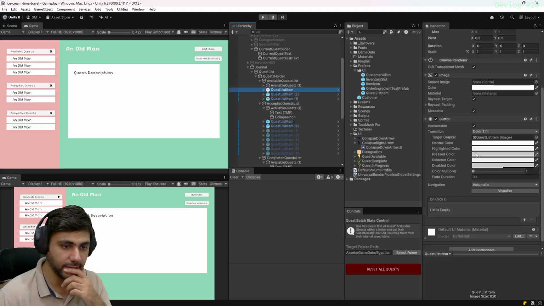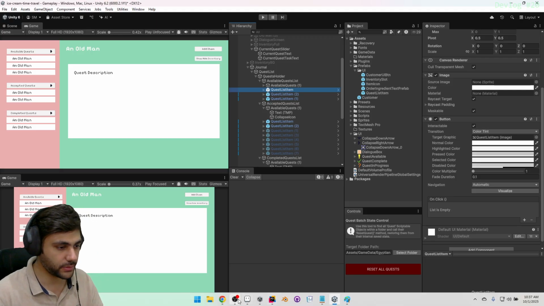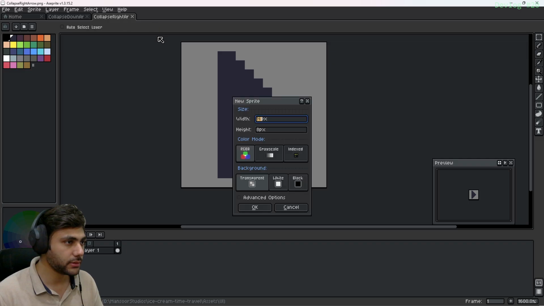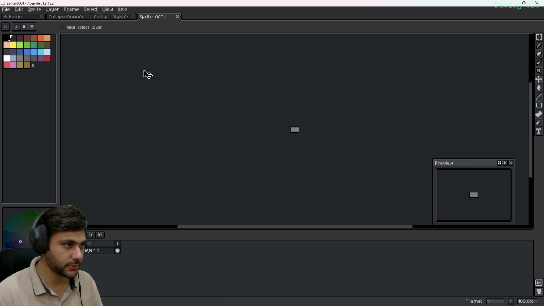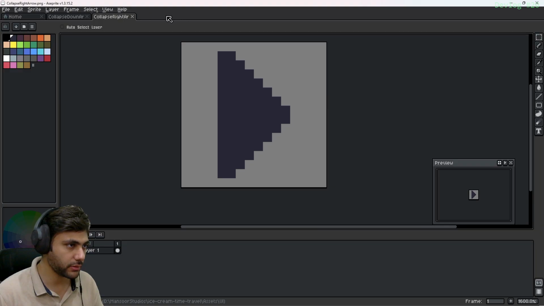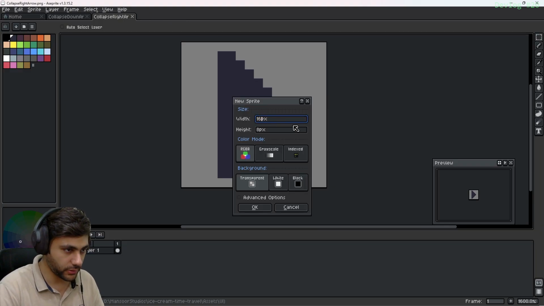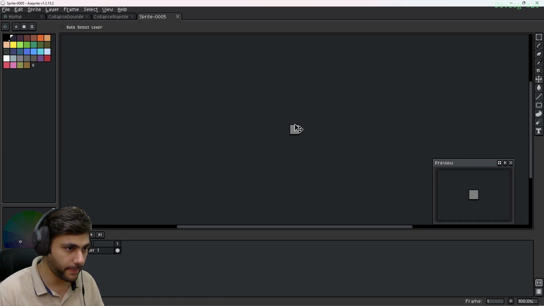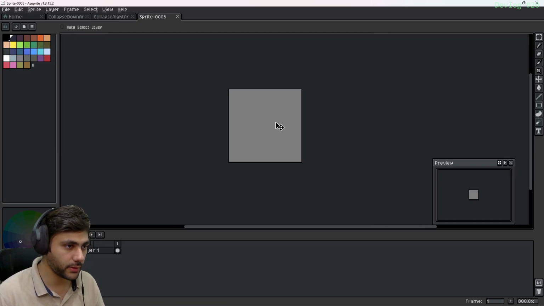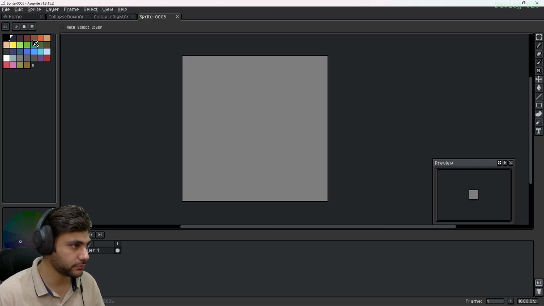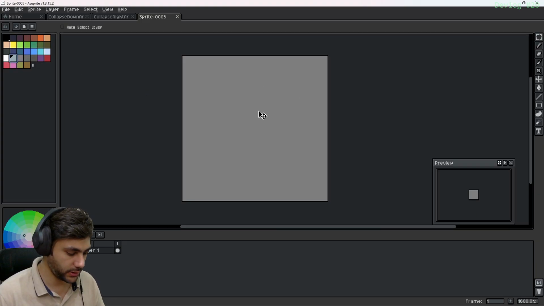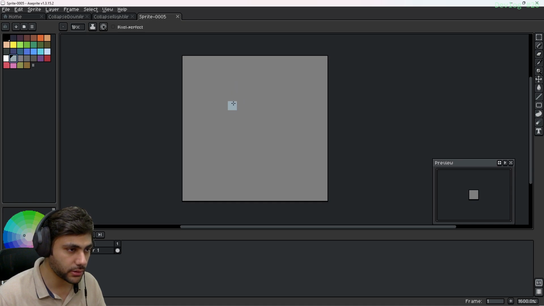Change the width, right? Something like keep on creating. This